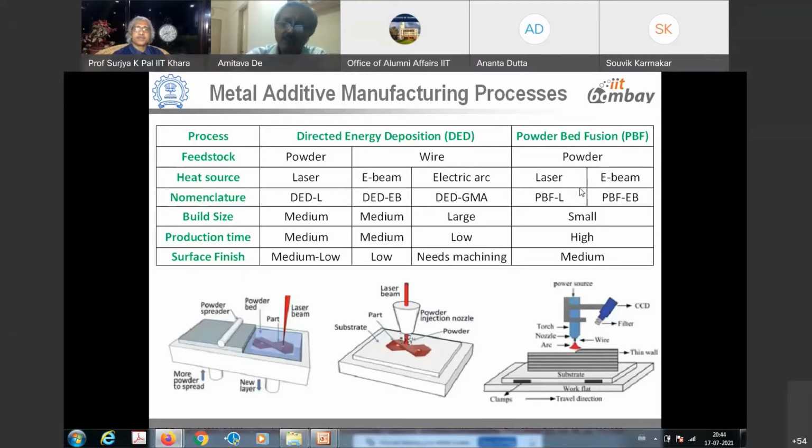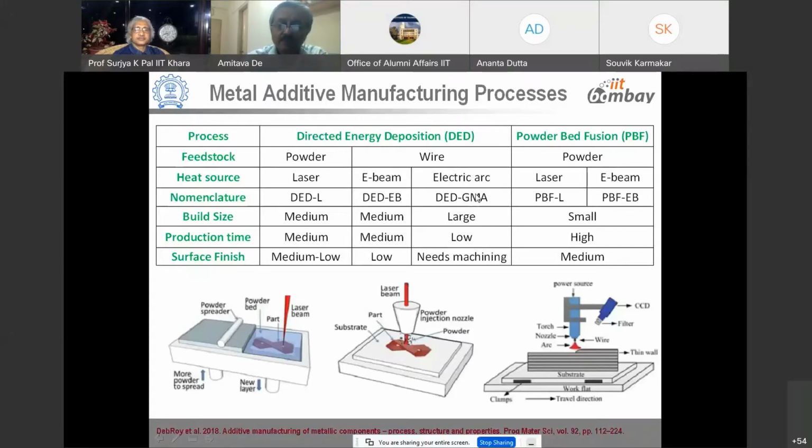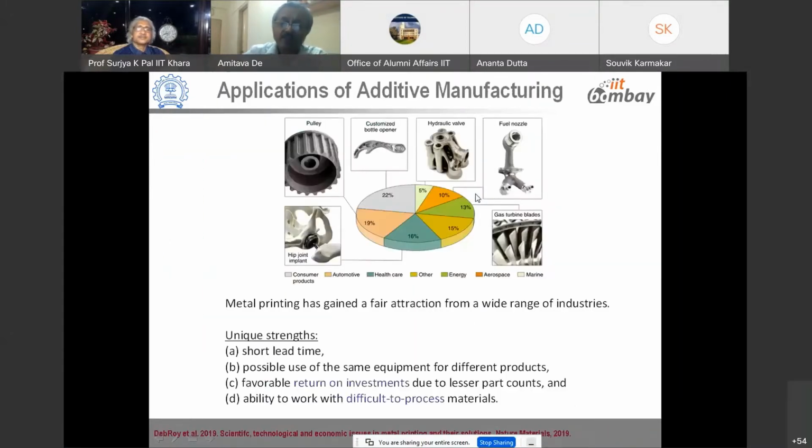and depending on that there are different process conditions which each of these processes involve. A control of them would finally give us the desired part with its structure and properties. So this is, with this broad background, how the processes would work. Let us look at why this process becomes so attractive.